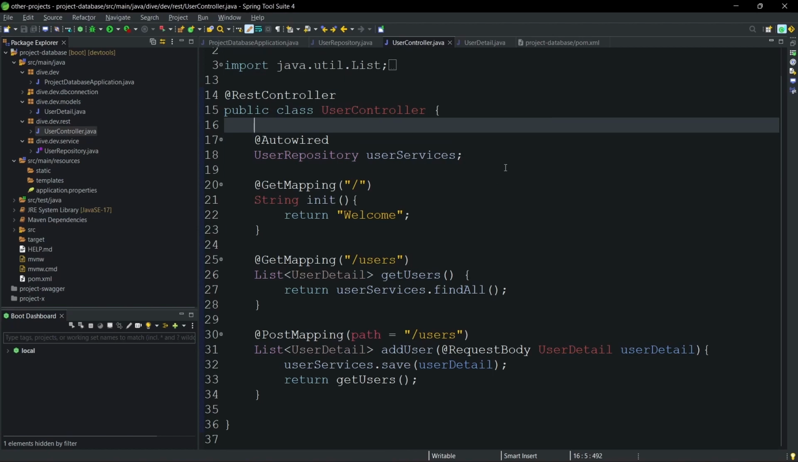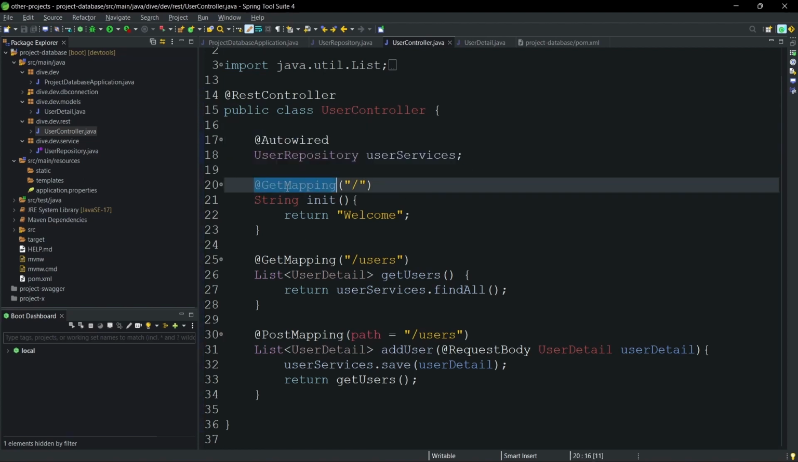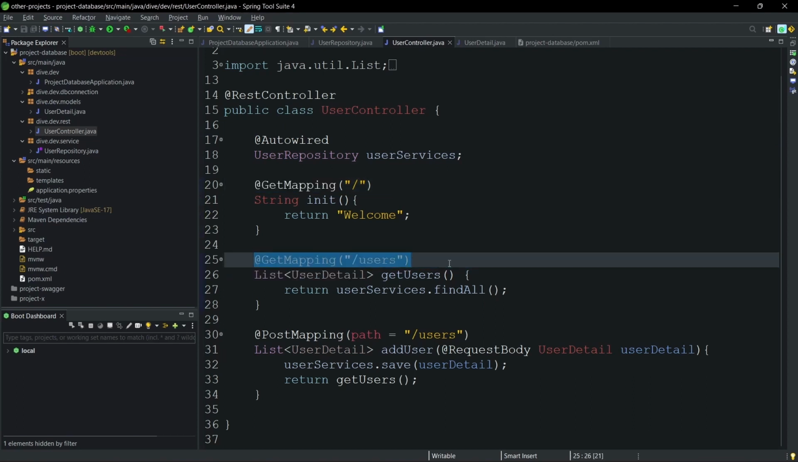The controller, it is similar to how it was in the Swagger video. There is a repository services and a get mapping for the root URL. To get the list of users, we have mapping of /users, and to create a new user in the user detail table, we have the /users post request. And apart from this,